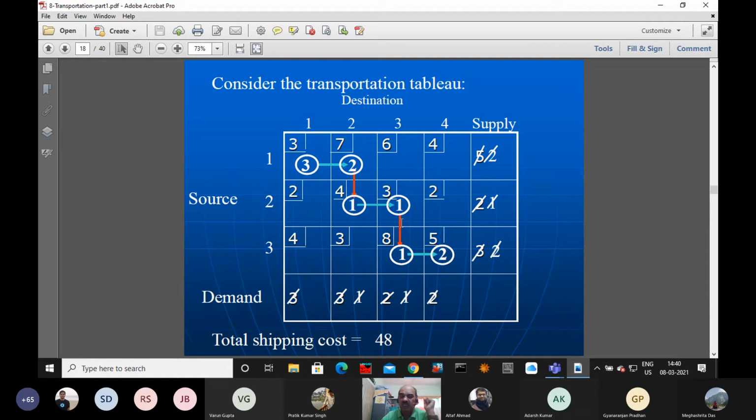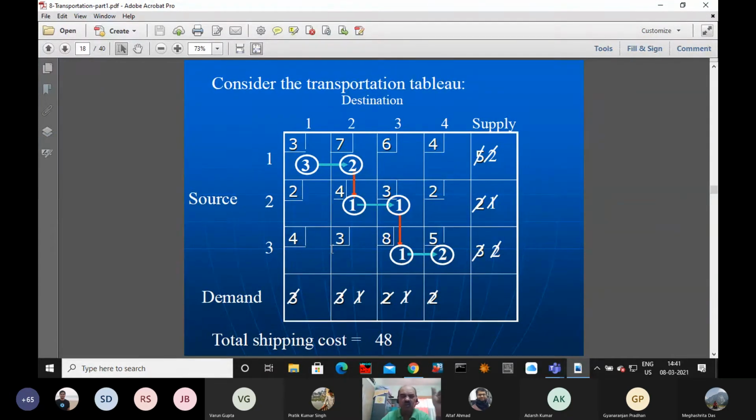If you allocate 1 unit, then we can drop the second row and proceed. In the same manner, at a time we are deleting either a row or a column. Whatever we have done, now I am just taking the summary, and something is left out also that we will discuss.